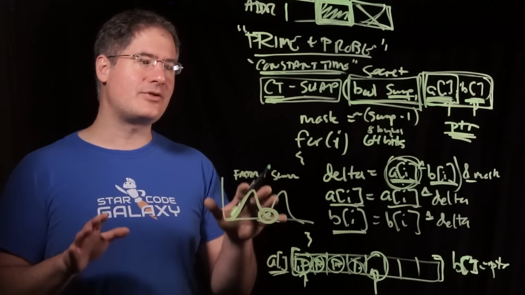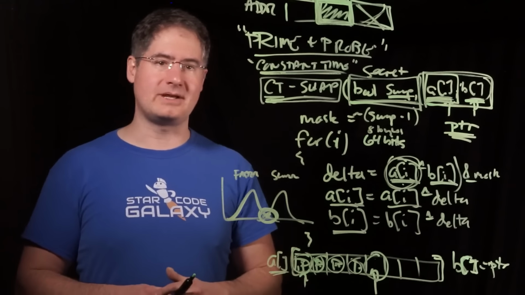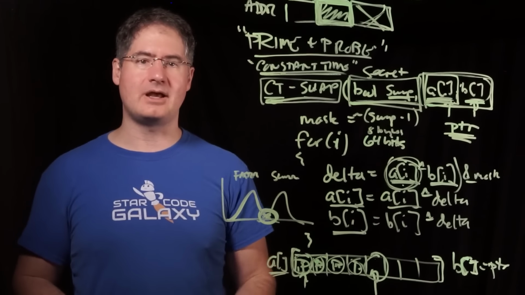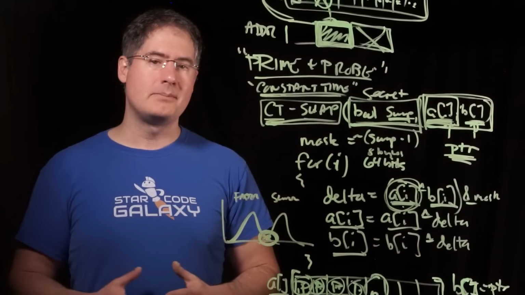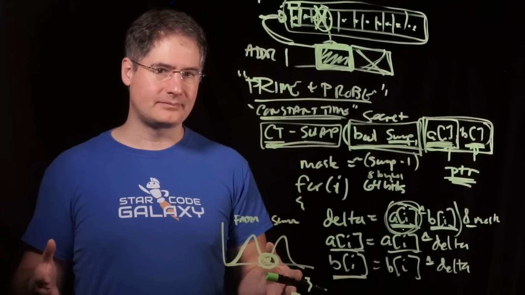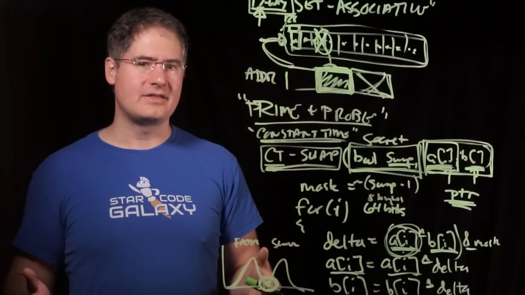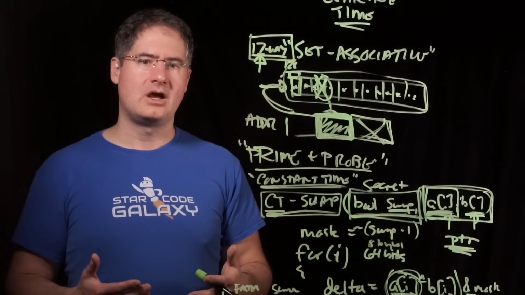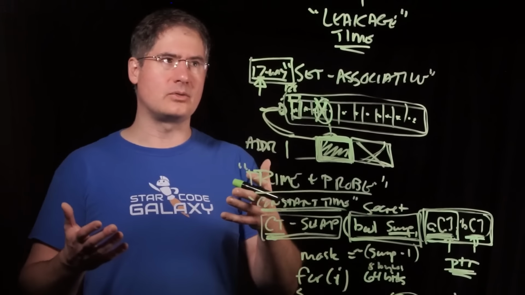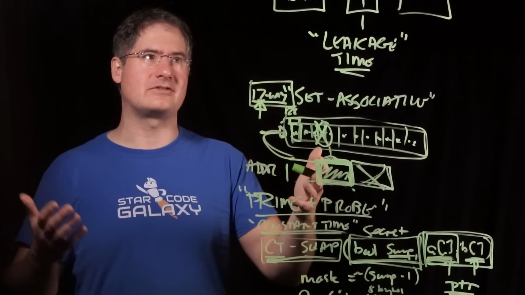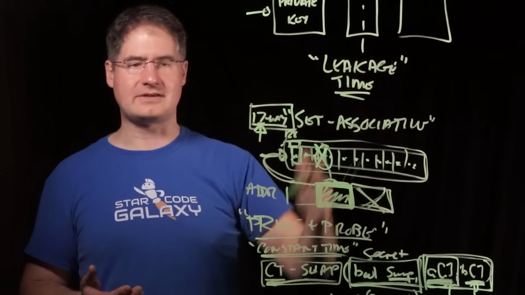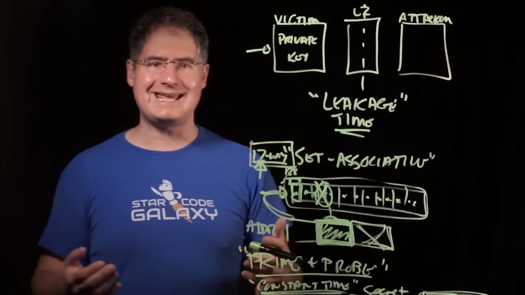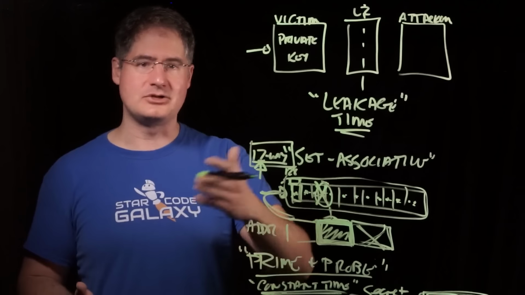Okay. Now, there is one more thing I need to mention here. Throughout all of this, it may have been a bit confusing because at the beginning, we already said that macOS and the CPU architecture itself are correctly distinguishing between the memory addresses of the victim process and the attacker process. So throughout all of this, when I say if you can control a cache set and you evict it,